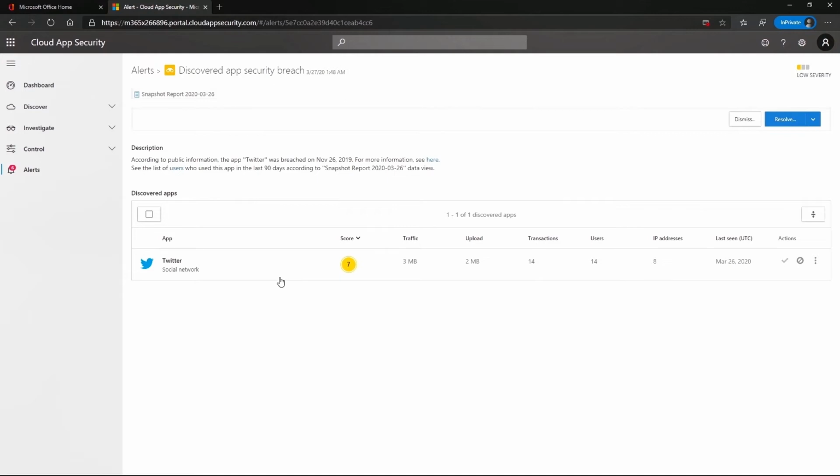Below that, it'll actually show the discovered app. So it'll show you that Twitter is the app that we're looking at in question. It'll give you a bit of a high-level overview of the traffic, whether it's upload, download, how many transactions occurred, how many users and how many IPs. So you might have more users, but they're in the same IP range if it's an office or whatever it might be, and when the application was last seen. So if we keep going on a little bit more,